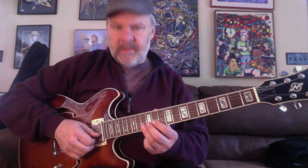So he's bending that minor 3rd up towards the major 3rd, which would be right there, just a fret higher. But he doesn't really bend it quite up that high, just a slight little bend, like a quarter step, and then it returns to that root note, and actually does a little pull off there and comes back to it. So you got